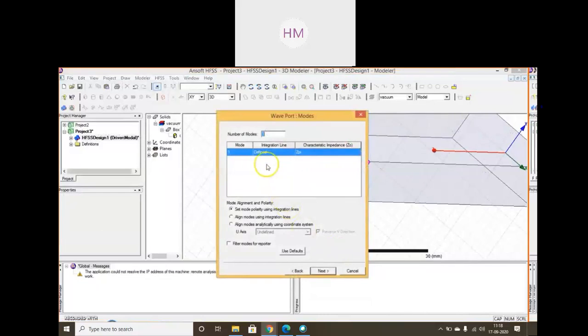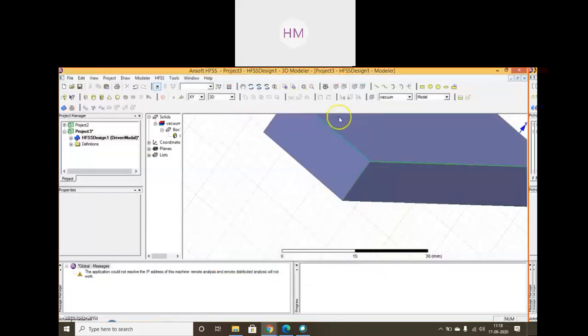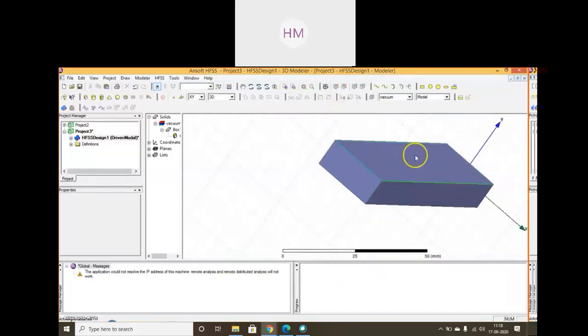Now what I will do, apply same process, rotate to define the new wave port. So this is a wave port processing. Similarly for the opposite face, okay?